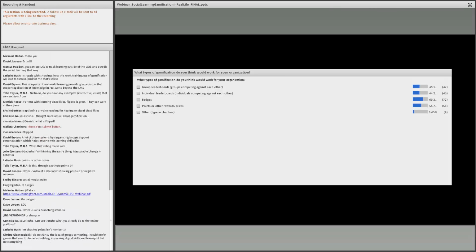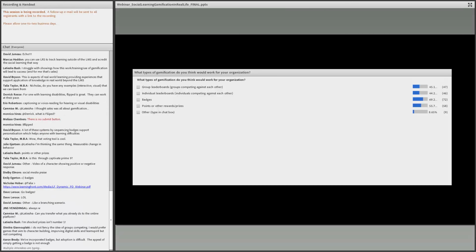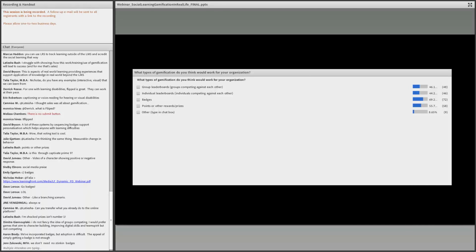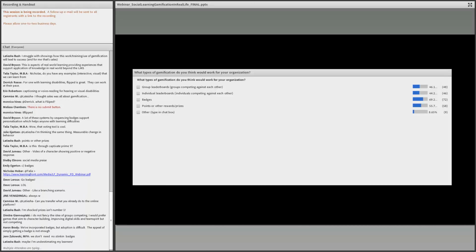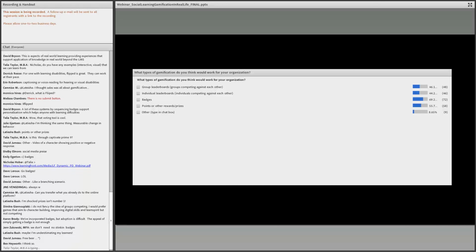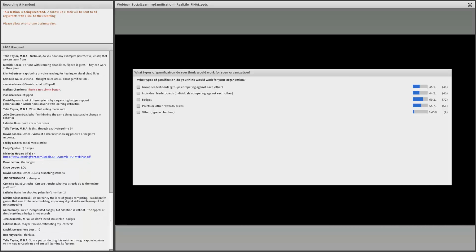All right, and we have lots of questions in the box here, so I will read some of these. When implementing gamification, wouldn't it be better to tie the points to actual rewards specific to the organization to make sure people do not lose interest over time? I think that's a great idea. If you let people know, hey, once you reach this threshold, you're going to receive this reward. Maybe don't make the choice for them. Maybe give them a choice of 5 different things that might be meaningful to them. I think that's a great idea.